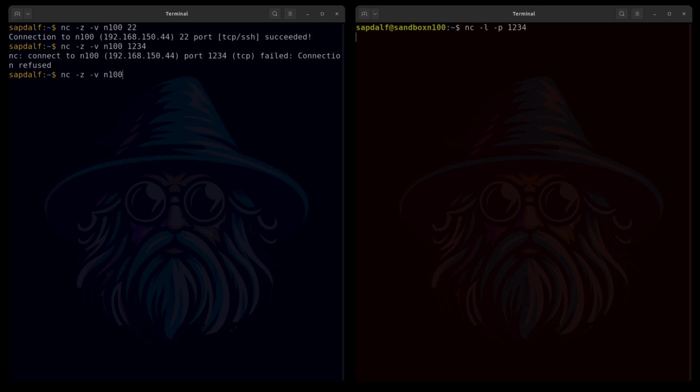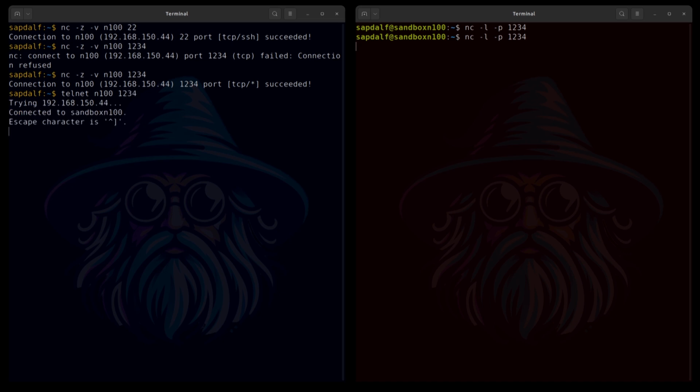Let's now check from the other side if the port is really open, and yes, it is. The netcat instance finished after receiving the connection, so I will start this up again. Now I can show that with a simple telnet command, I'm able to send messages. Netcat displays the data after sending the entire line. And it obviously goes both ways. It's magic, isn't it?